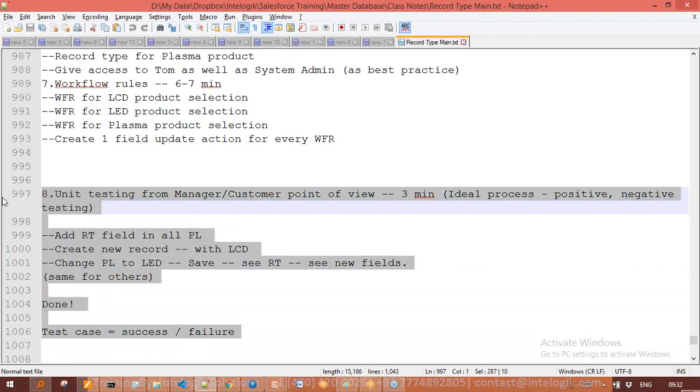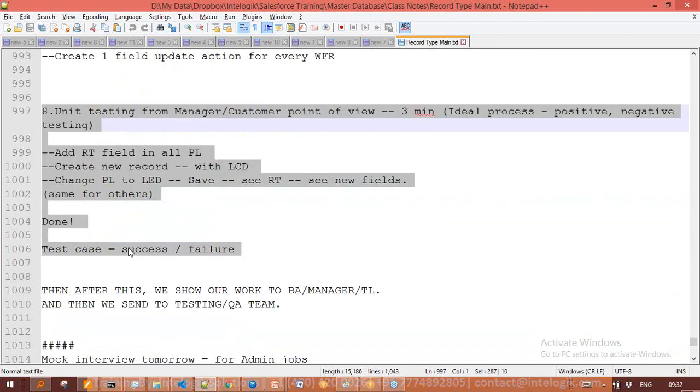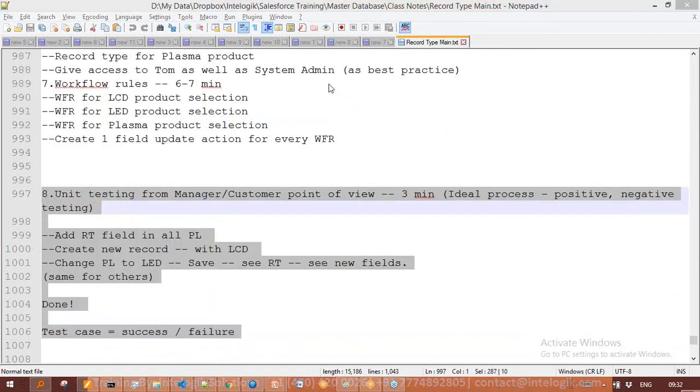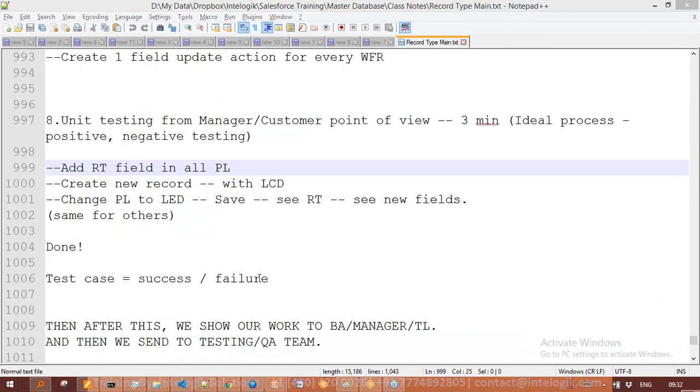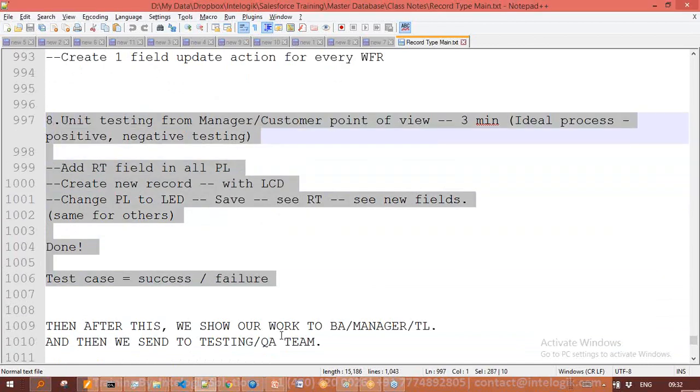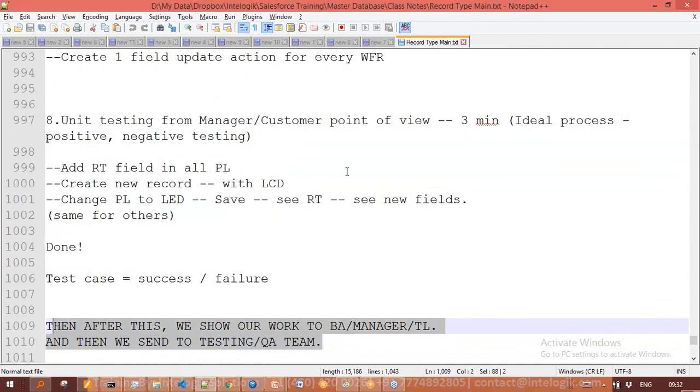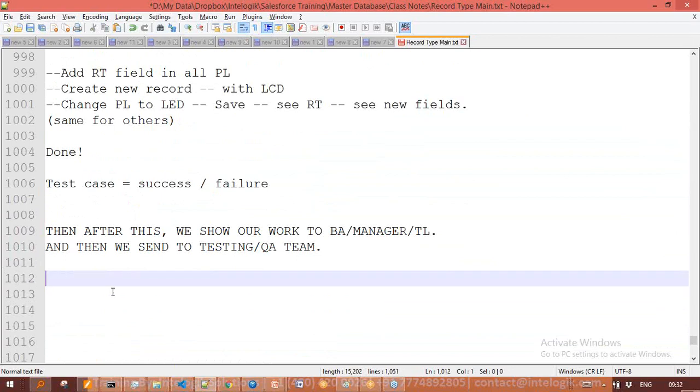Please note the moral. The target is that you first of all do your own testing, and then after this we show our work to the manager or team lead, and then we send it to the testing people or QA team. So that is actually what we have to do, and the target of testing is: